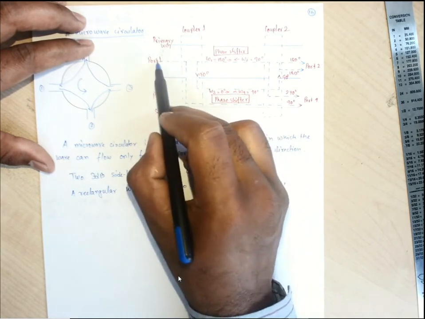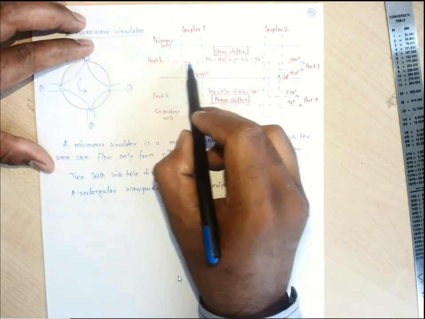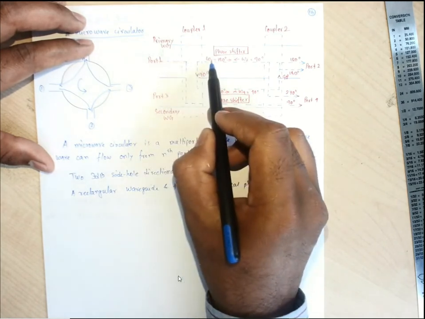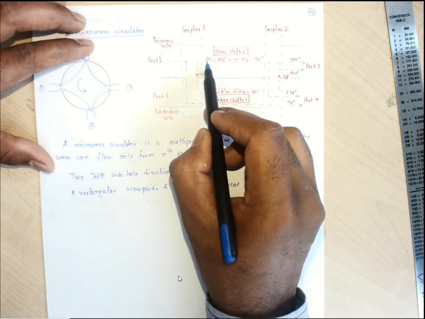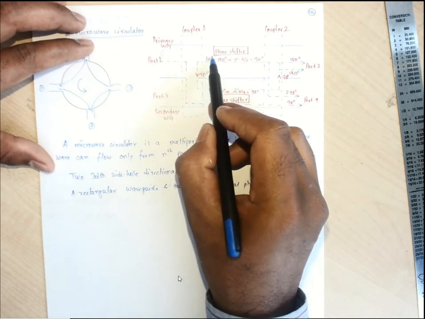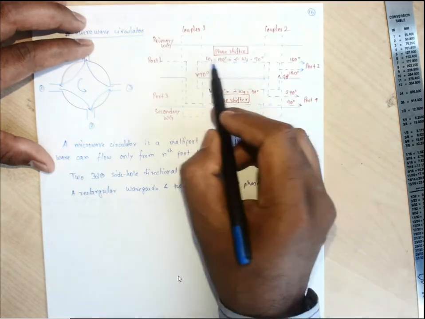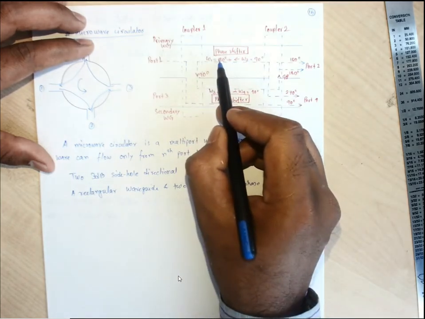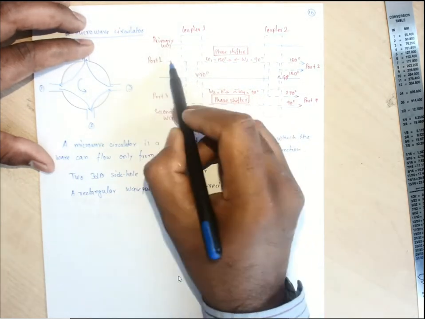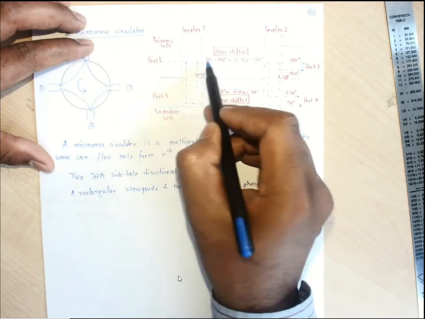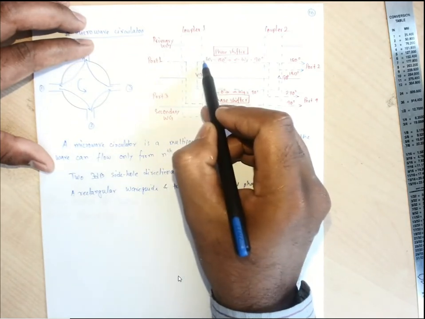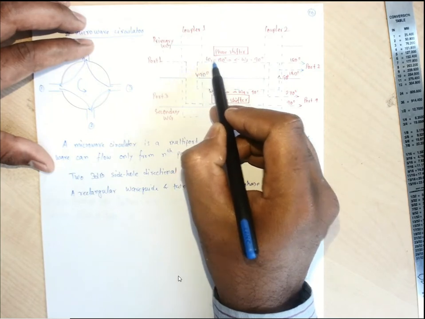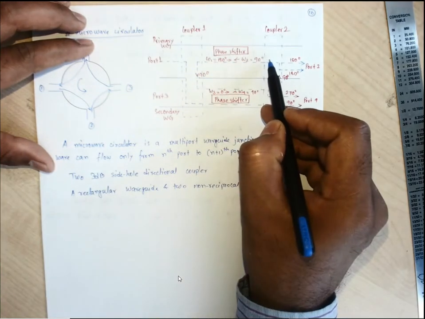So from this port 1, the output of coupler 1, that is from the throw port, we can have the phase shift 0. But while it is propagating through this phase shifter, it produces a 180 degree phase shift. So this port is the input port, and here is the output at the throw port of coupler 1. Now this output with a phase shift of 180 degree enters coupler 2.